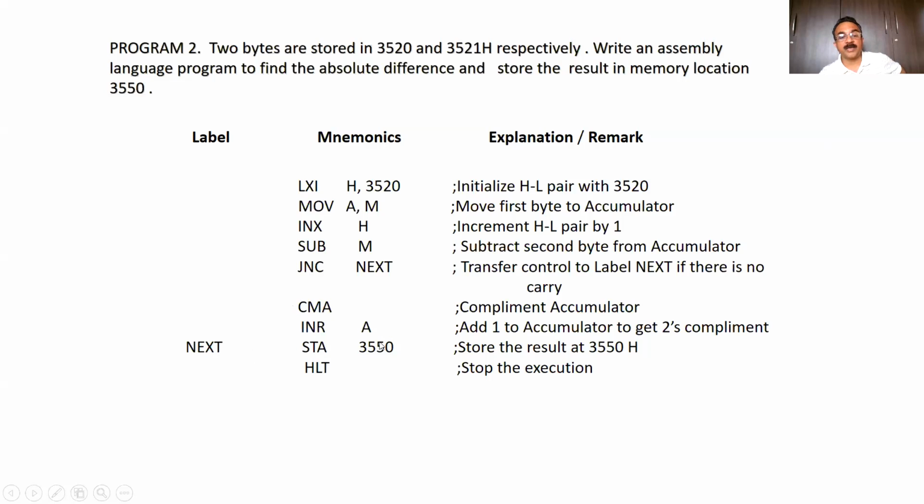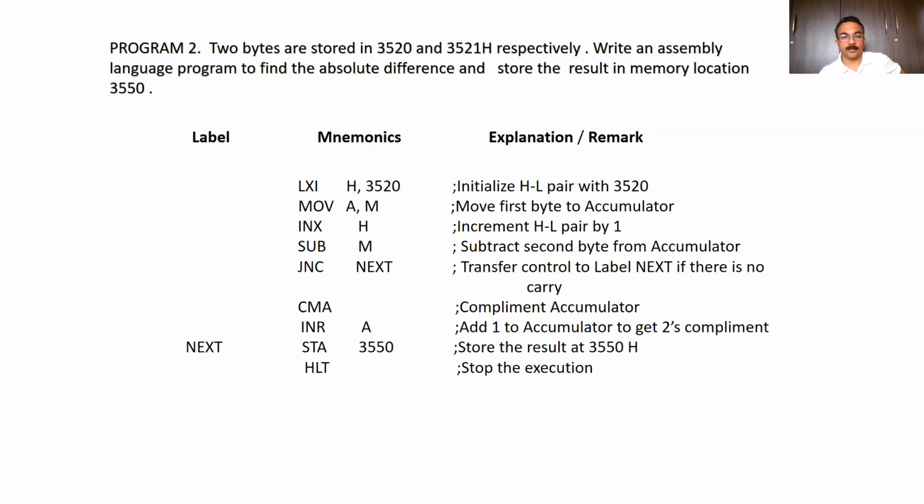And then once you get the positive answer, you have to store it in 3550. So this is another program in which we don't require a counter for the number of bytes because only 2 bytes are there, and it's a simple subtraction program. We don't require a counter for carry also because we need not store the carry anywhere in this program. So this is the second program.